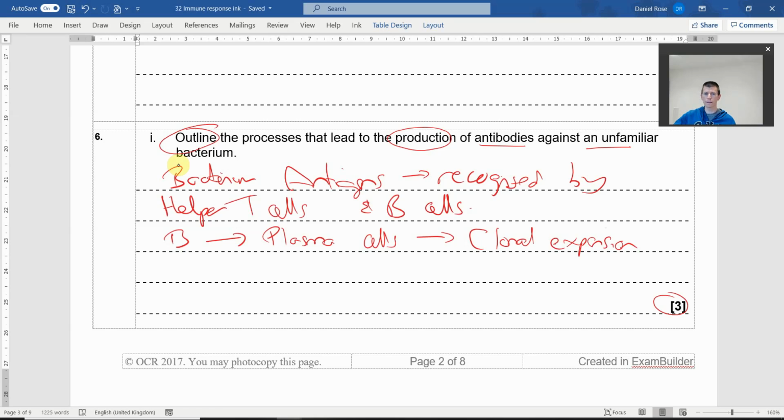Again, production of antibodies. We could go down the road of protein synthesis. I kind of think not for this one potentially. I don't probably need to go that far. When I say recognise, just developing an answer, recognise. Sorry, I should have linked it around here. The antigen is complementary